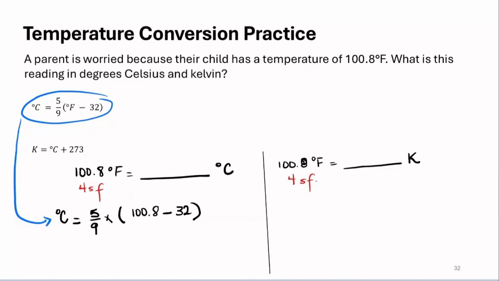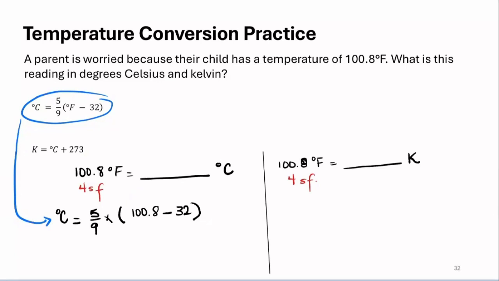When we enter this in the calculator, the first thing we need to do is the subtraction: 100.8 minus 32. Then the resulting value, 68.8, you multiply by 5 and divide by 9. The calculator display is going to show a value of